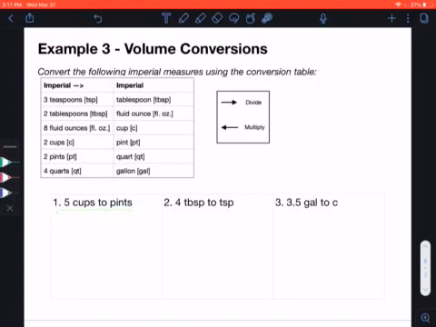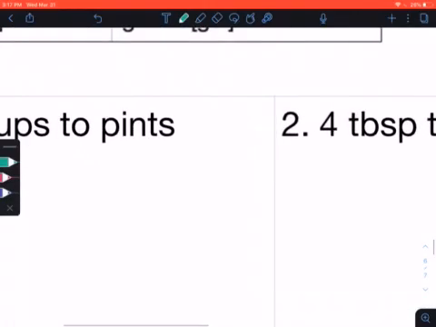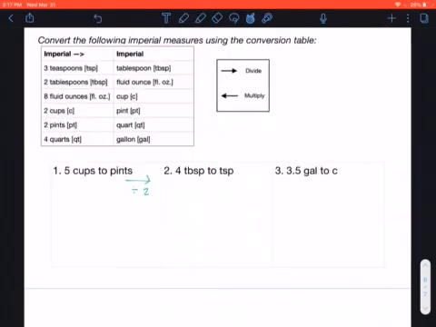So I look at my table and I can see the row where I have cups and pint in the same row. Now I want to go from cups to pint. Okay, so I'm moving sort of from left to right on this table, and that means I need to divide. And what do we divide by? Well, we're going to divide by that number 2. Okay, so again, when we move left to right, we're going to divide, and in this case, we're dividing by